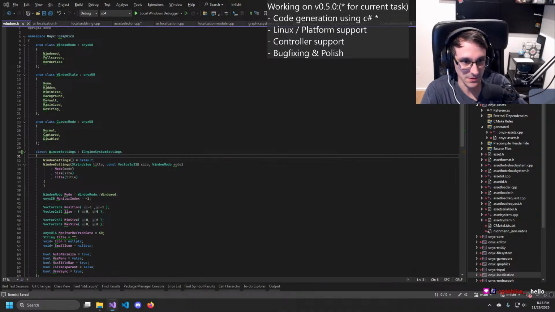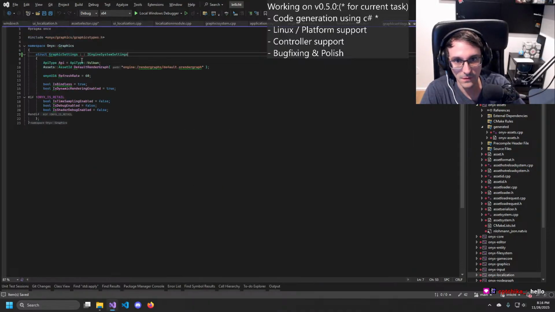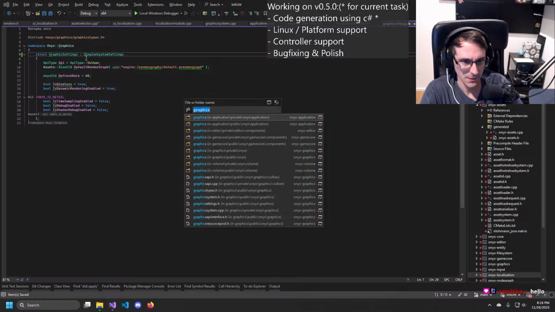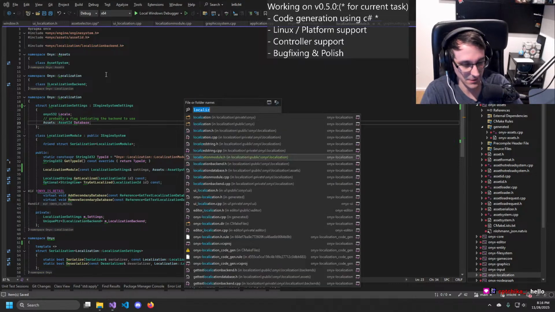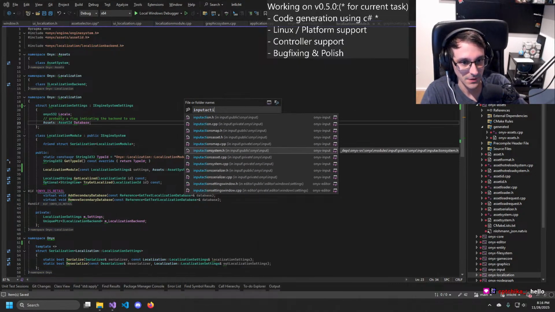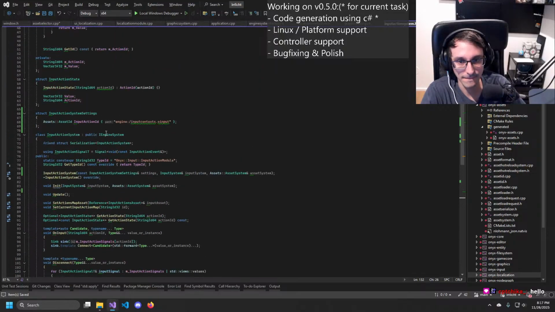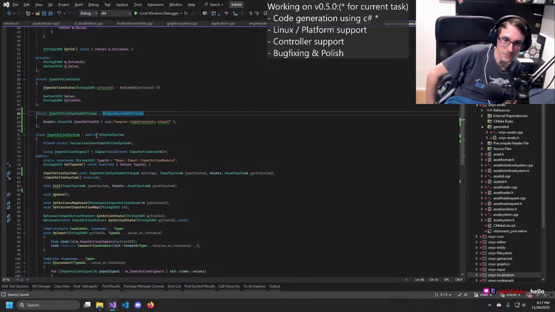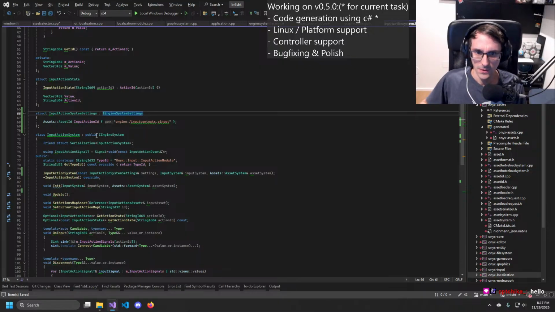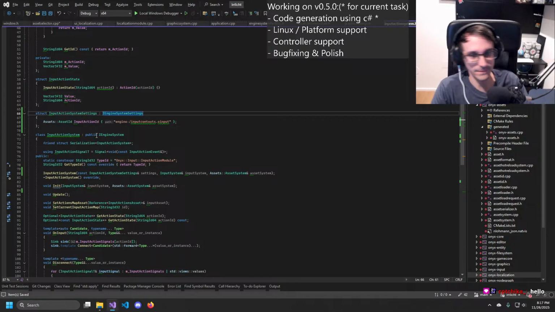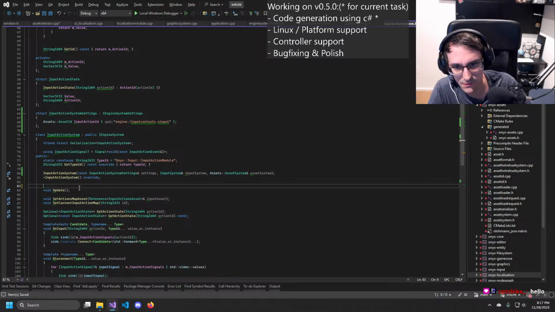Graphic settings. And then we have the localization module. Oh, you have that, and input action system. Yeah. Because with that I can work then. Wait, why is that still here?